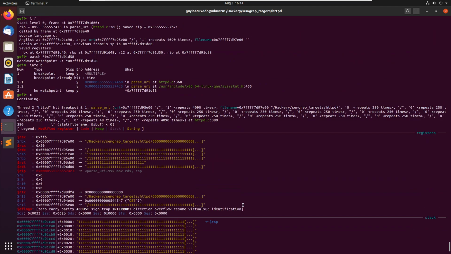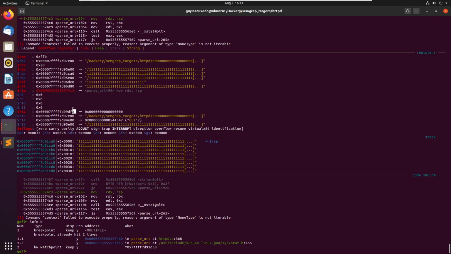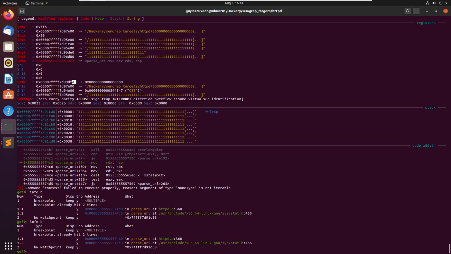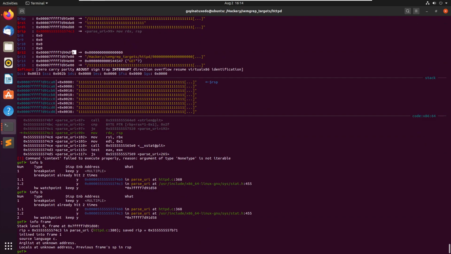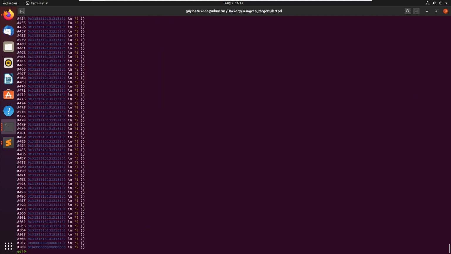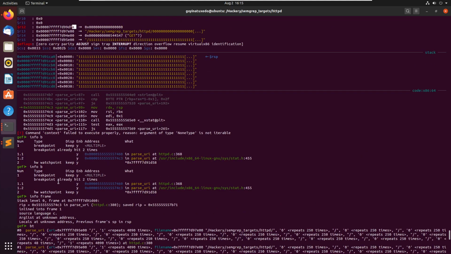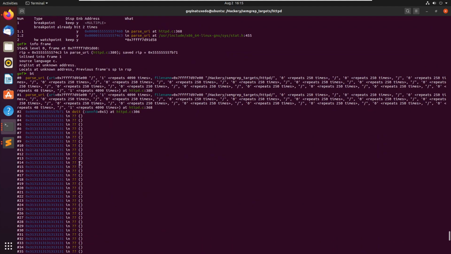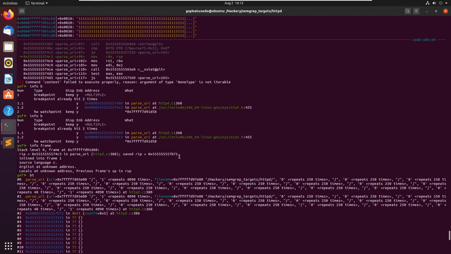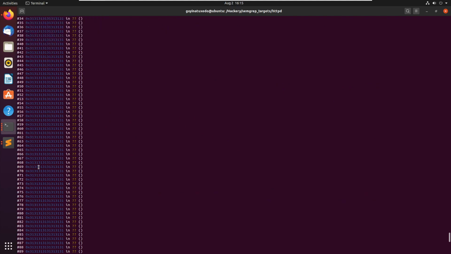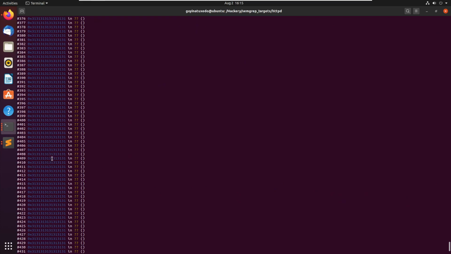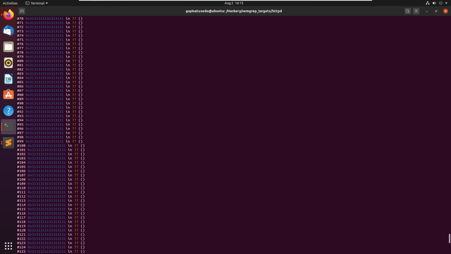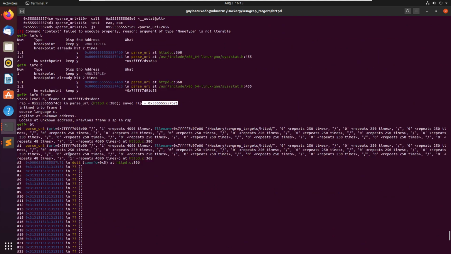Okay, did the breakpoint get hit? Hit breakpoint 1. Full frame. So at this point, it looks like Ghidra right now is not decompiling this properly. The reason why is that info frame lists this. However, when you look at the call stack, it's very evident that the local stack has been overflowed. So, in addition to that, breakpoint